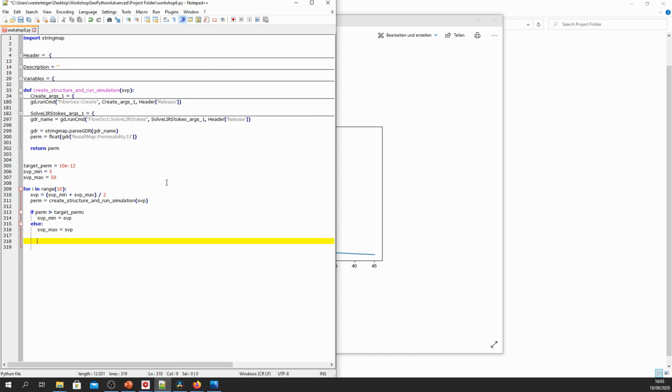And again, here the indentation is really important. So we have 1, 2, 3 levels of indentation. We have the top level here with the for. Then we have the loop body, which starts 1 tab in. And inside the if, we have 2 tabs in front of the line. And it's important to match this.